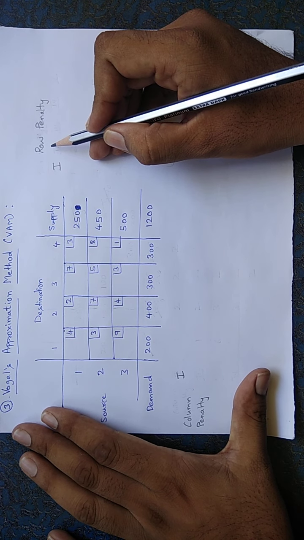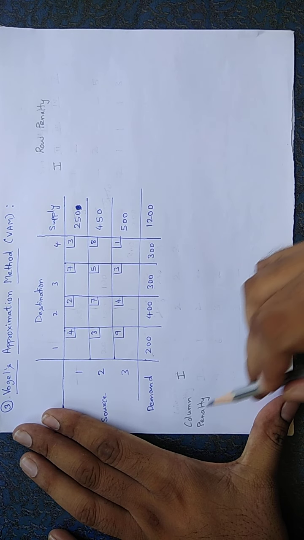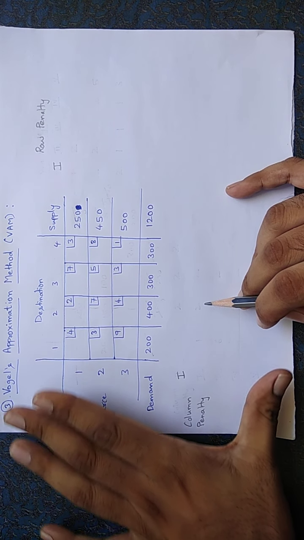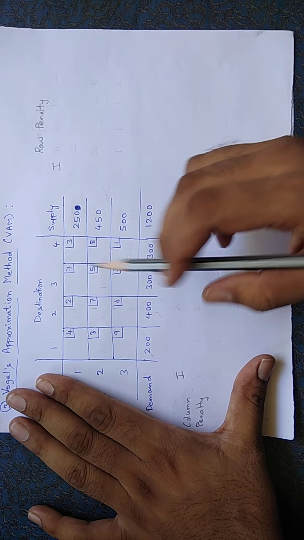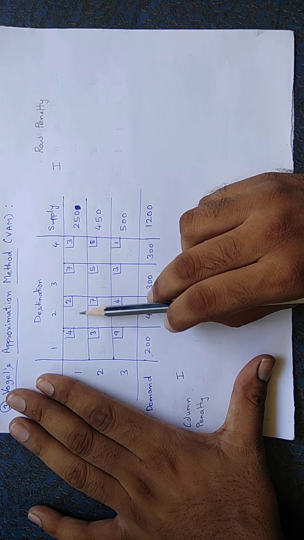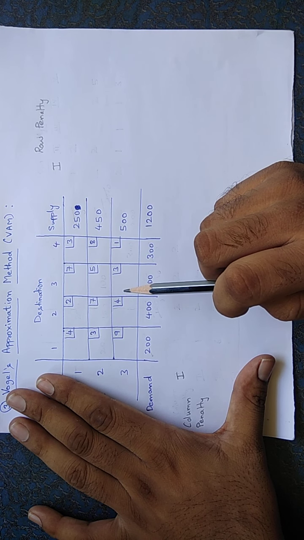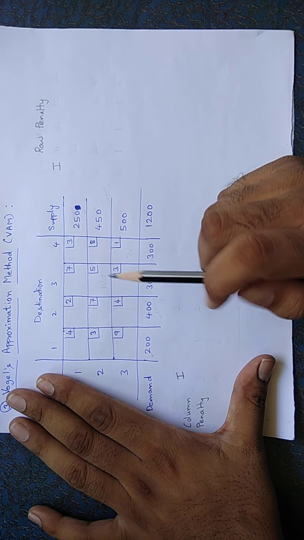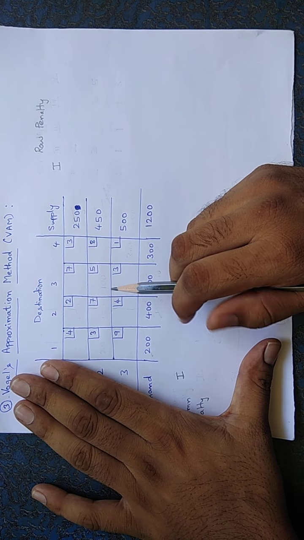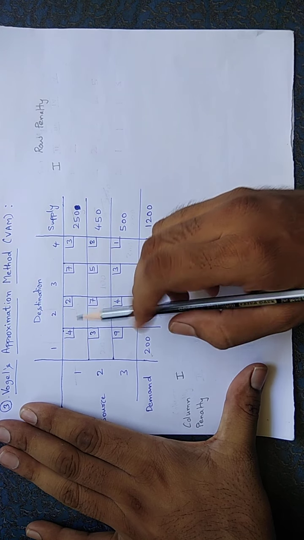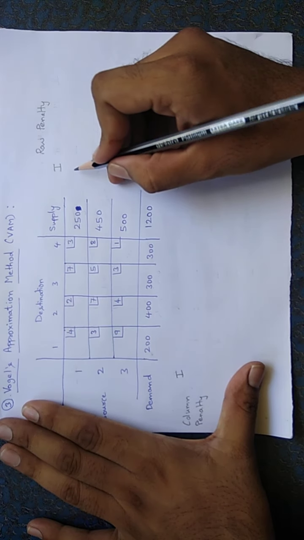And the penalties are of two kinds called row penalty and column penalty. How to find out the penalties for row and column? It is very simple: we will identify the least two costs in the rows and columns respectively and find out the difference of these least two costs. In this case, let us observe in the first row we find that the least two costs are 2 and 3, so the difference is 1.